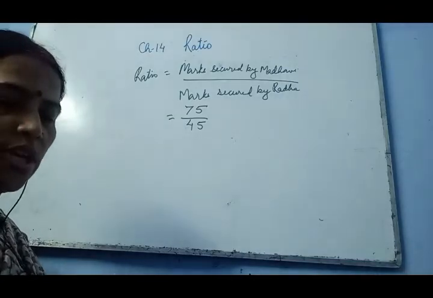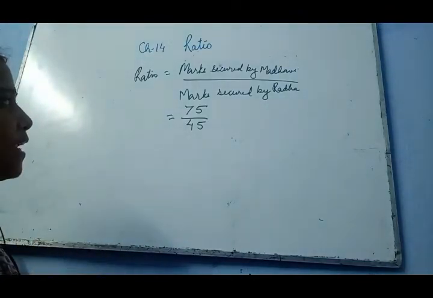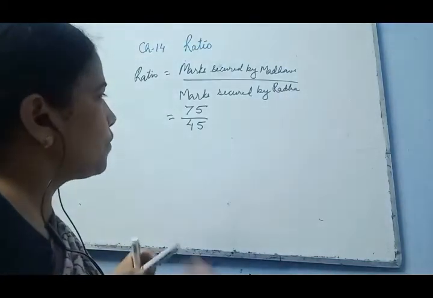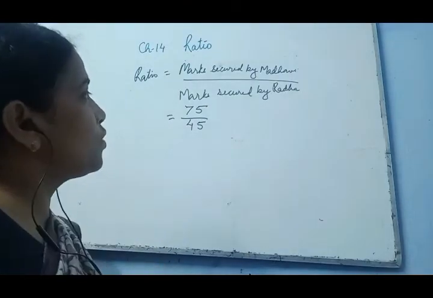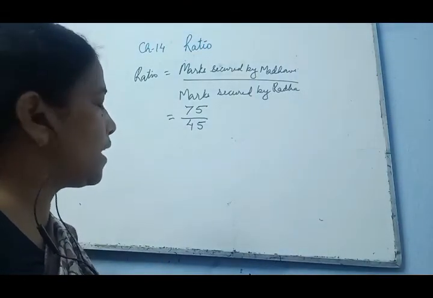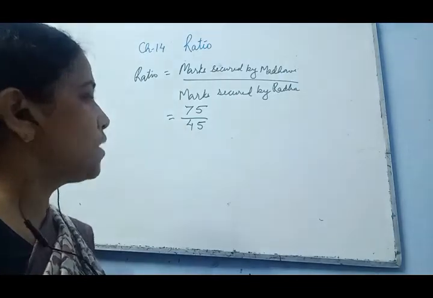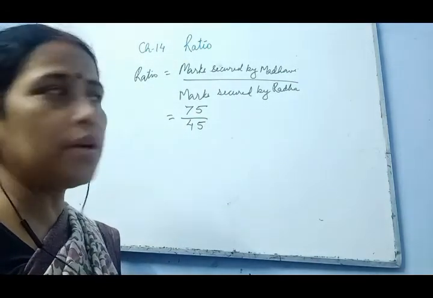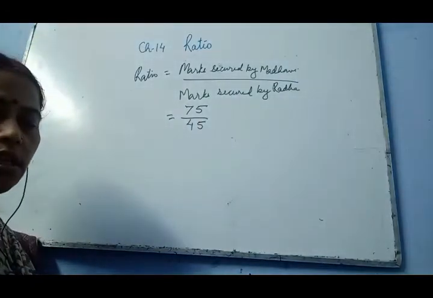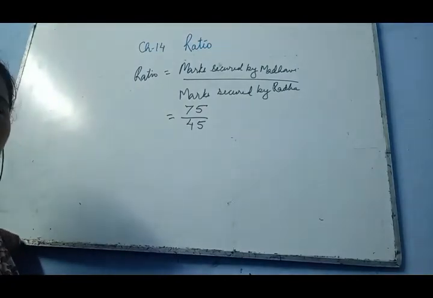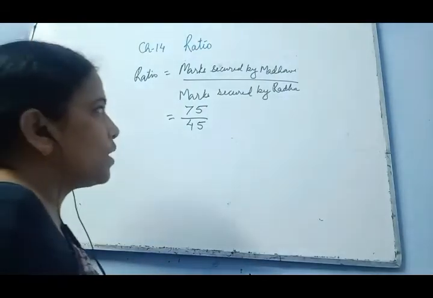Now what do we have to do? We have to check whether the numbers are divided by any number or not. First, with 2 we will check. With 2, both are not divided because at the last we don't have any even number. For 2 to divide, there should be an even number. Both are not having any even number, so with 2 they are not divided.